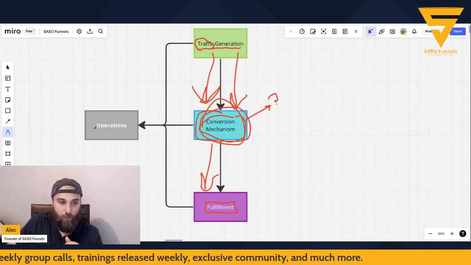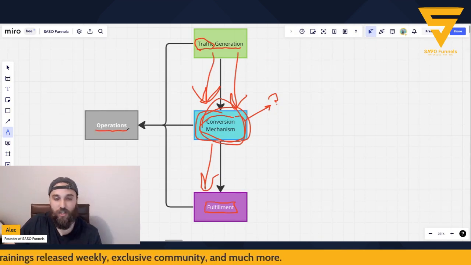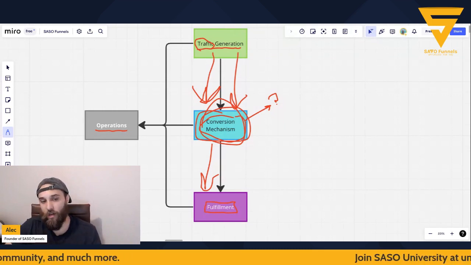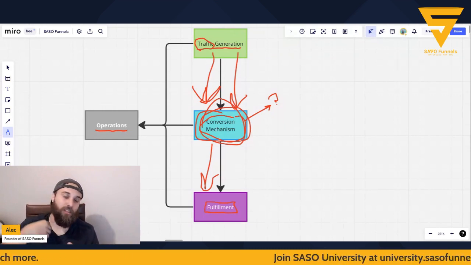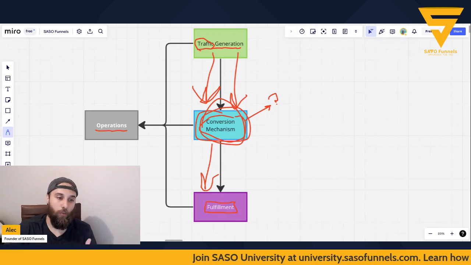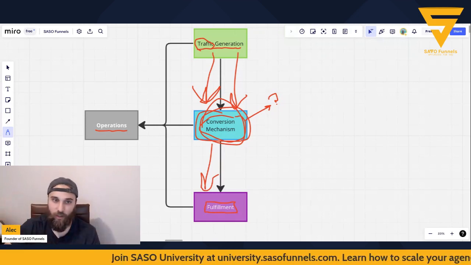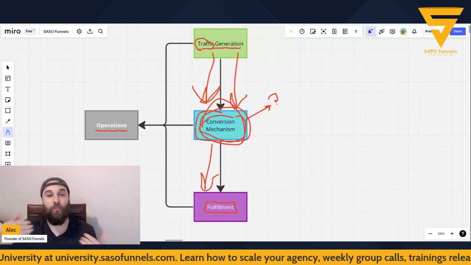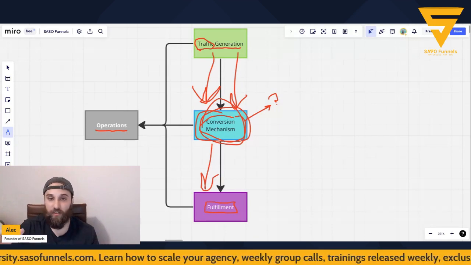Now, what do operations refer to? Operations refers to the entire structure behind the entire thing. The way that I like to look at operations, some people like to jump in and build out the whole back end and the whole how we're going to do every single thing. That's fairly easy to do when you've built a company before, when you've done this a time or 2 before, right?